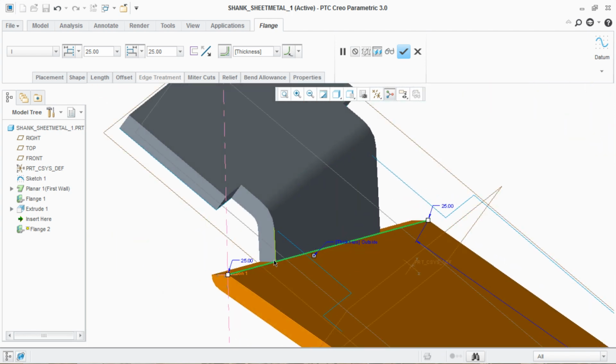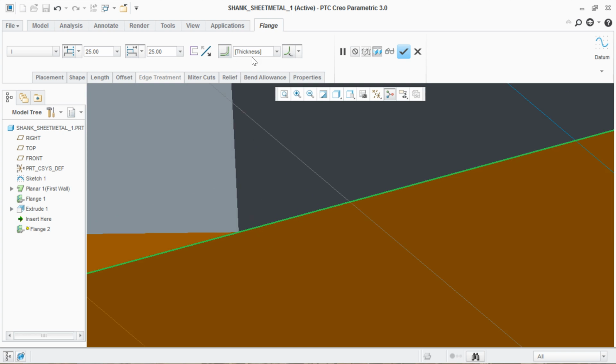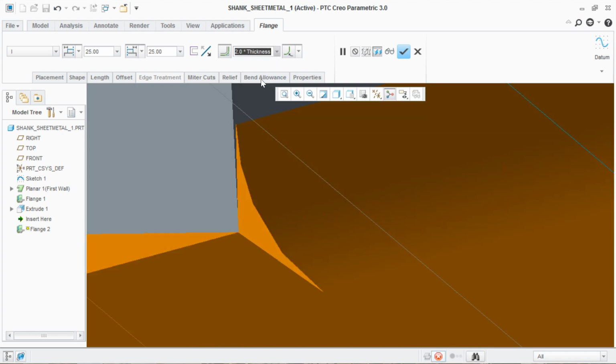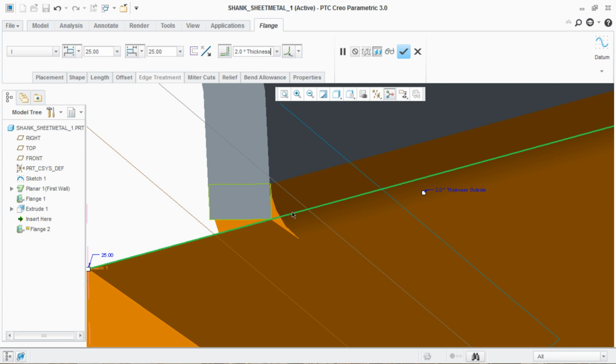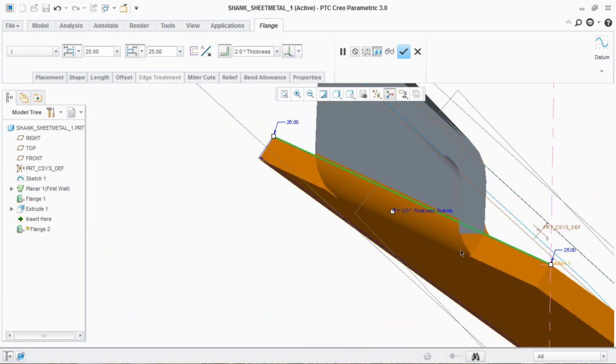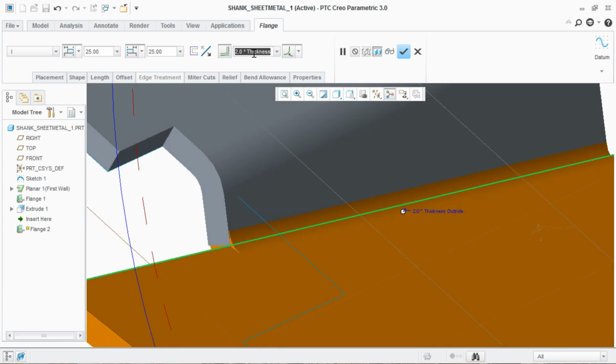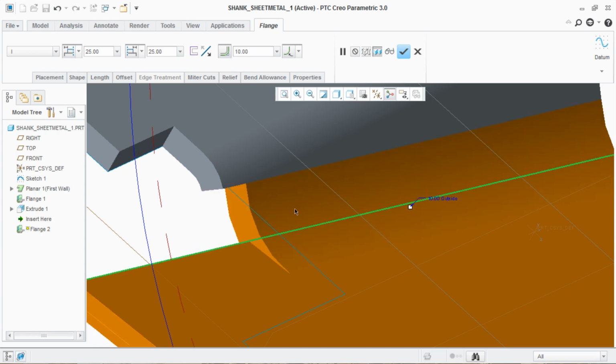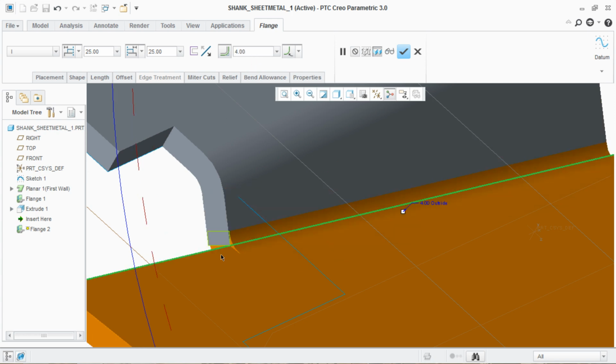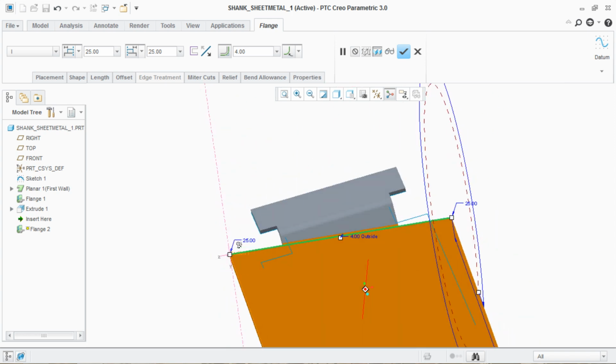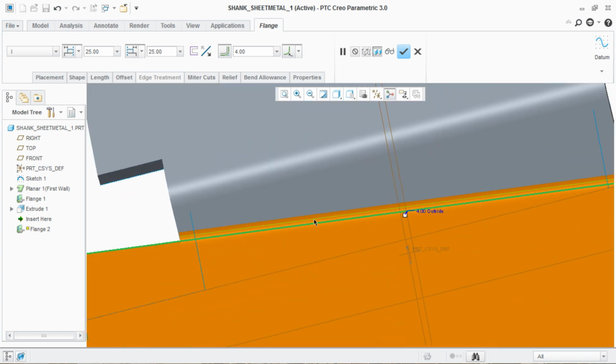Thickness is 2 mm, so you can see there is no radius. If we take it to 20, then inner radius comes. It will be of 2 mm and it is of 4 mm. Or we can provide a value, outer radius 5, then inner will be 3, outer radius 10, then inner will be 8. But we provide it of 4 mm, so inner radius will be 2. I think you are clear with the radiuses also.